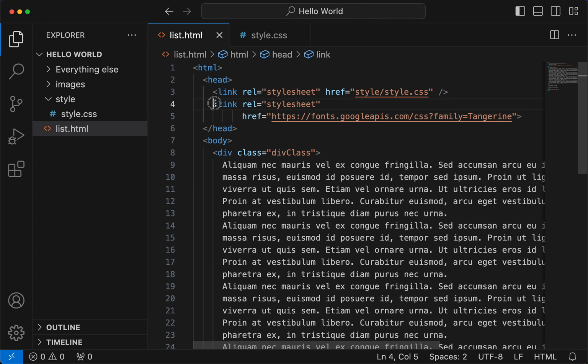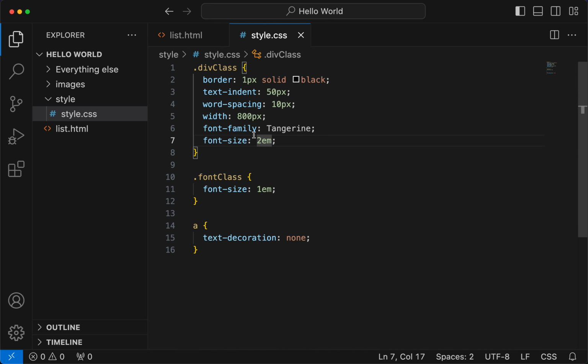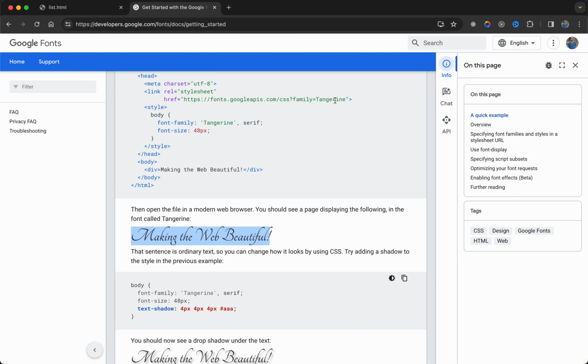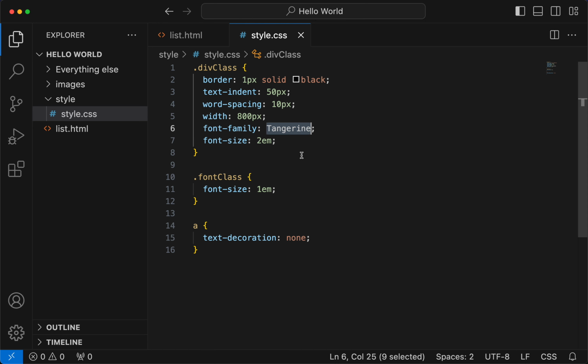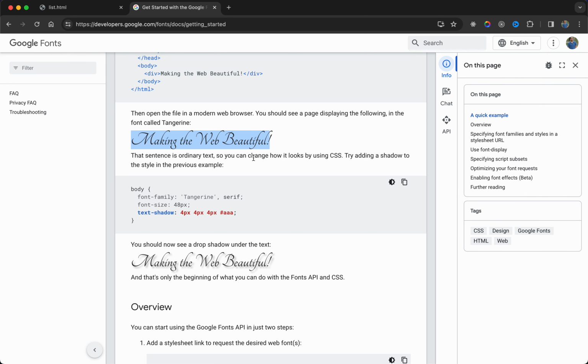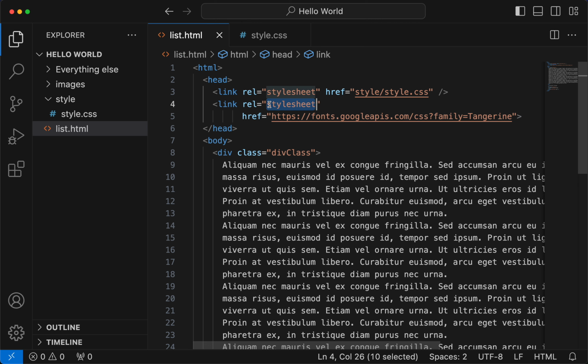All we did was include the style sheet, and then we mentioned the font family that Google says, the Tangerine font family. Now you could make as many changes as you want with this text like you did with your text. So this font family is applied from Google. Now you might be thinking this Tangerine might not be in my Mac OS or in my browser. How is it working? Now what happens is when you include this,